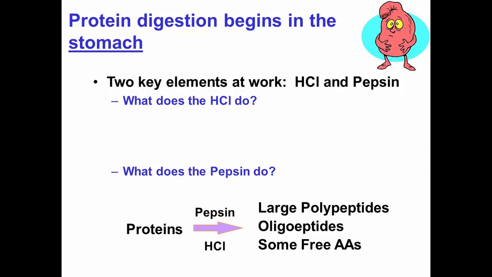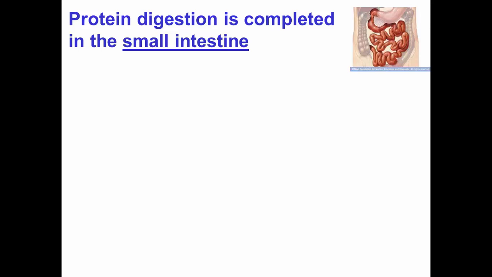Incidentally, and this is not related to protein, the pH of the stomach is also important because it kills bacteria that are coming in with our food, potentially state fair food or other things like that. That's not really related to protein metabolism. Okay, so we've got the second answer, right? Pepsin is starting to break down proteins, breaking those peptide bonds.